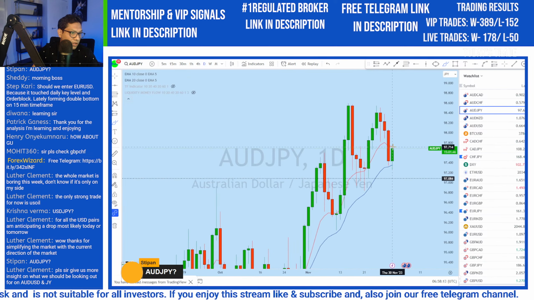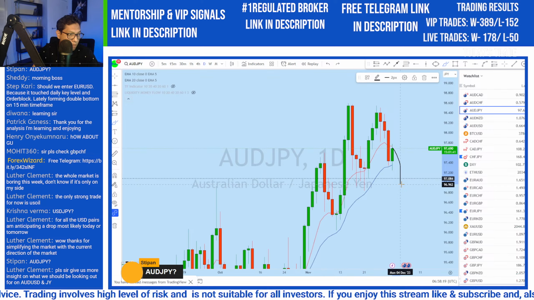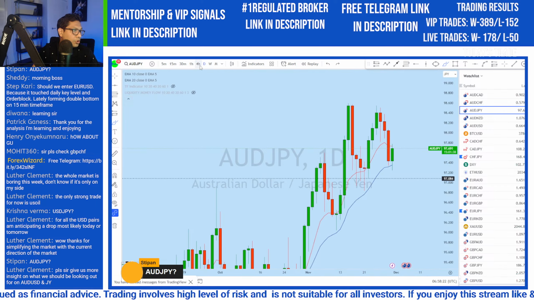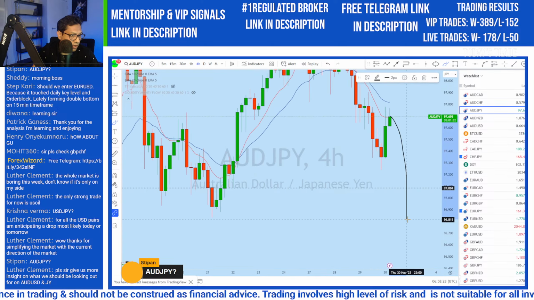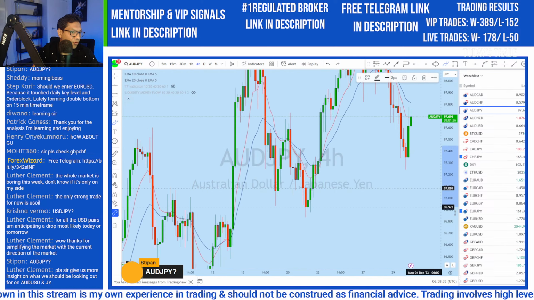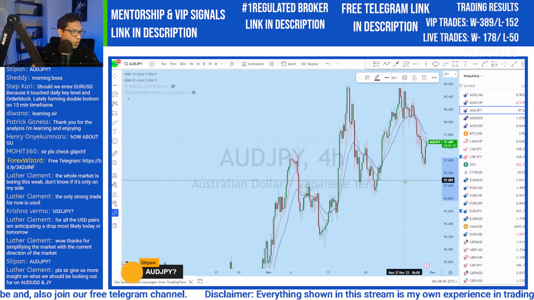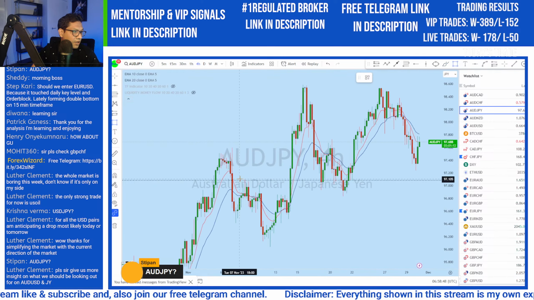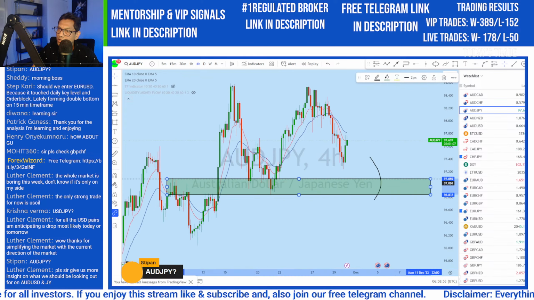So on all the JPY pairs, I'm expecting, before the monthly close or after the monthly close, another wave of drop, and then we'll look for that buying opportunity on JPY pairs. So Aussie yen, I'm expecting another drop, and once the price manages to create a new lower low from those support levels, then we can look for that entry. I'm waiting for entry on AUD pairs as well. At this point, you can see it's a bull market. Always a good idea to trade with the trend. Going with the bigger flow is always the best idea.